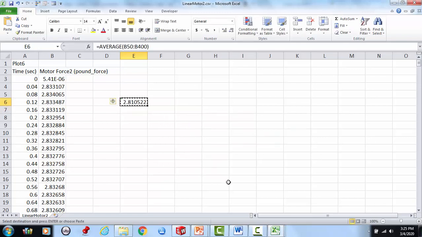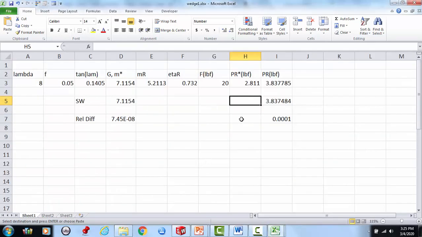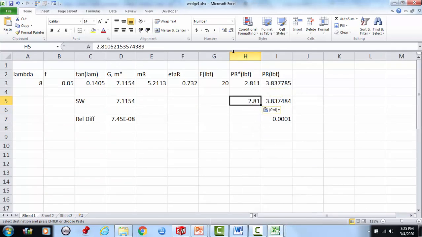Got to take that value, cut it or copy it. Put it over here with theory. Paste that value. Show some more decimals. Boy, really nice, really nice. I take that, copy it over here. Same kind of real good agreement here. So efficiency,